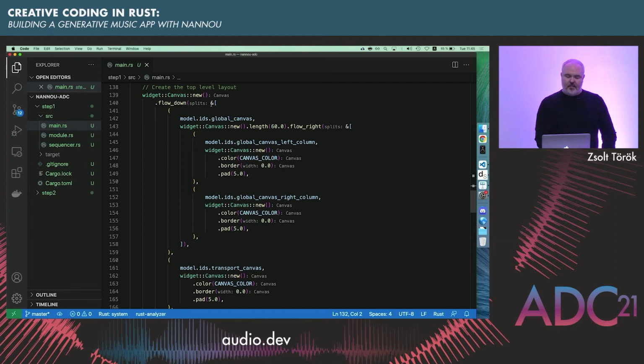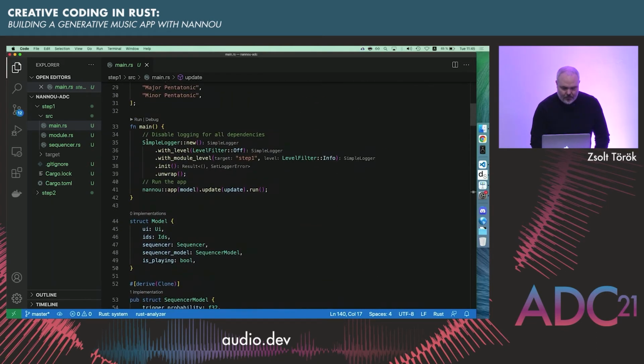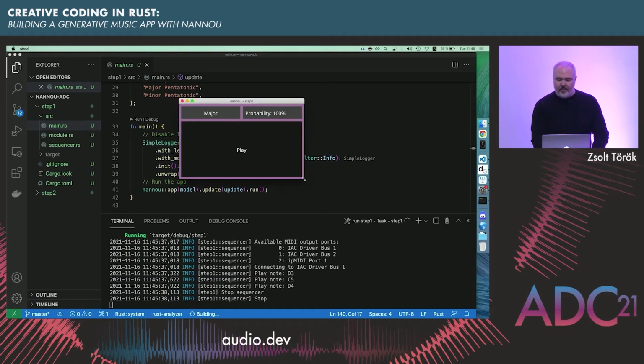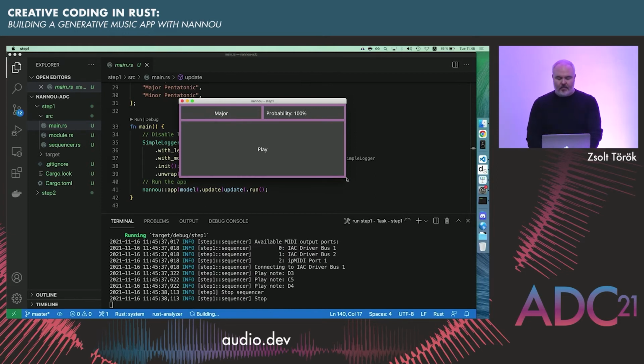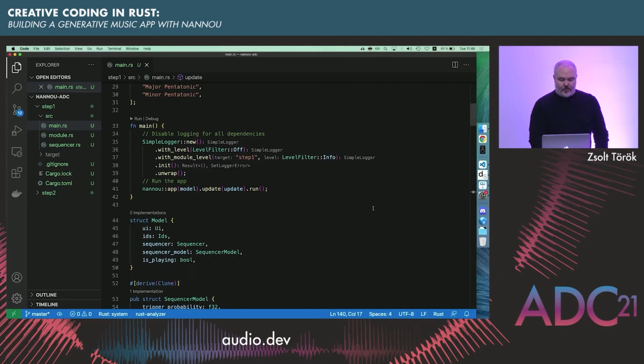And the canvas actually allows for a responsive UI. So if I just start the app again, really briefly to demonstrate that, maybe it will be helpful. Yeah, we don't need to play anything, just demonstrate that by setting up this structure of canvases, so the 2 rows and 2 columns in the first row, we're able to have a user interface that's reactive and resizable, which is pretty neat. So coming back to the code again,